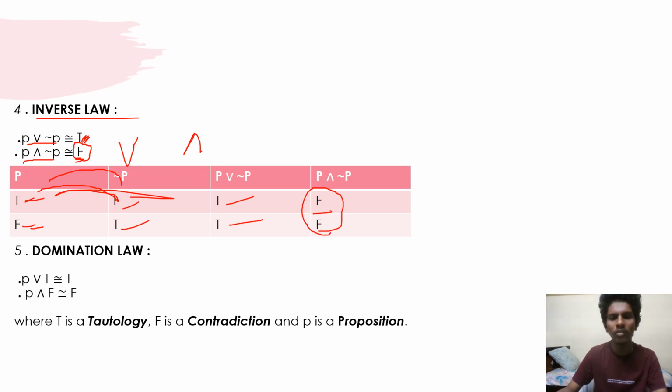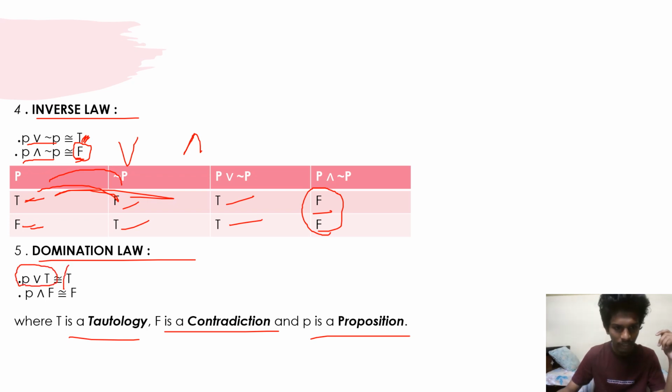If we do and, we will get false, since both values are false. The next law is the domination law. Here T is tautology, F is contradiction, P is proposition. P or T will get the resultant value as T. For P and F, contradiction, we will get the resultant values as contradiction, which means all will be false. In a tautology, all the resultant values will be true only. And the next law is